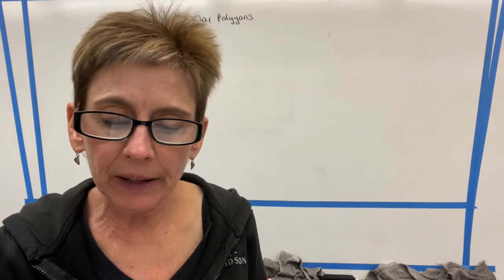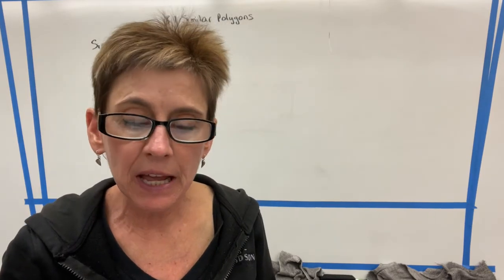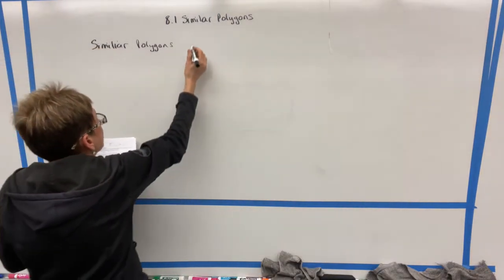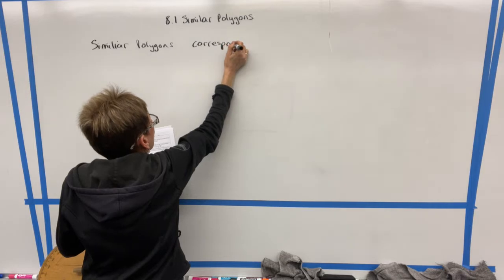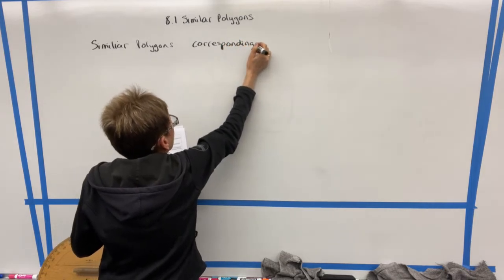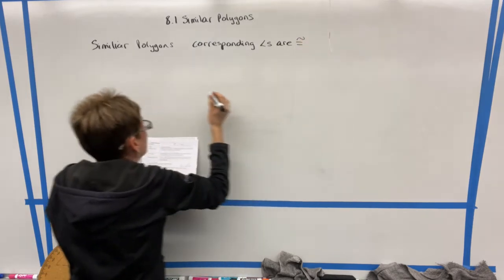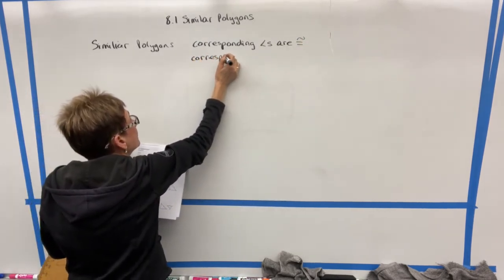So similar polygons have corresponding angles that are congruent and corresponding sides that are proportional. So let's write an abbreviated version of that. So the corresponding angles are congruent and the corresponding